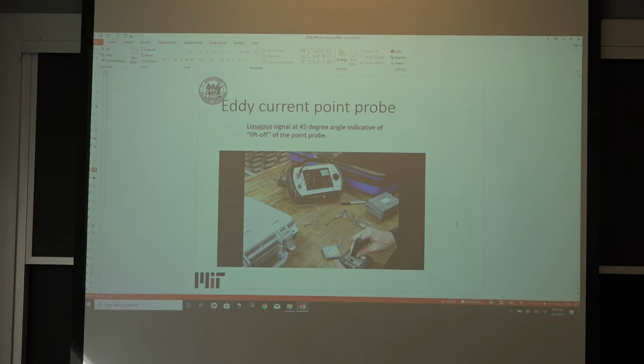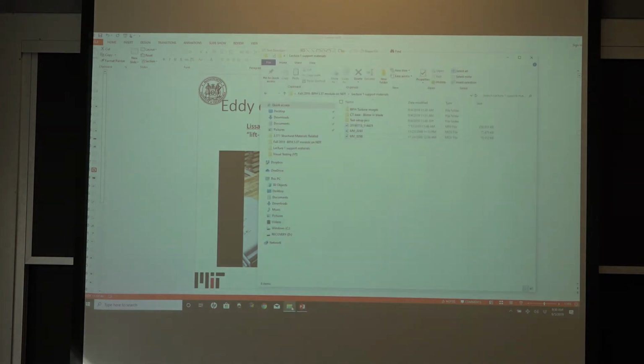Now they have equipment that can do 32, 64, 128 channels simultaneously. And what you're seeing at the output here is what's referred to as the Lissajous signal. It's at a 45-degree angle, and it's indicative that as he was scanning over this area, called a duct segment, he was not flush with the sample. The duct segment sample actually had a taper to it, and you'll see as he tries to scan over it,